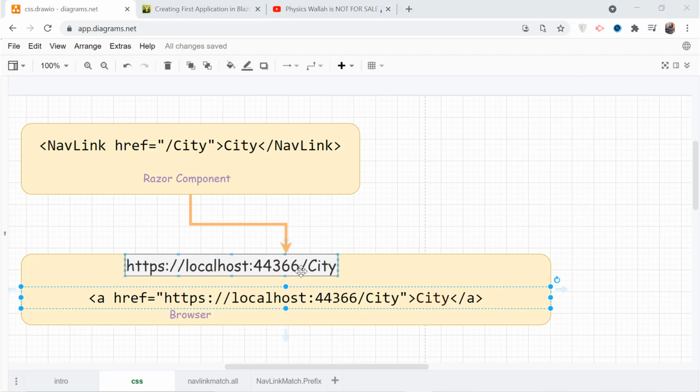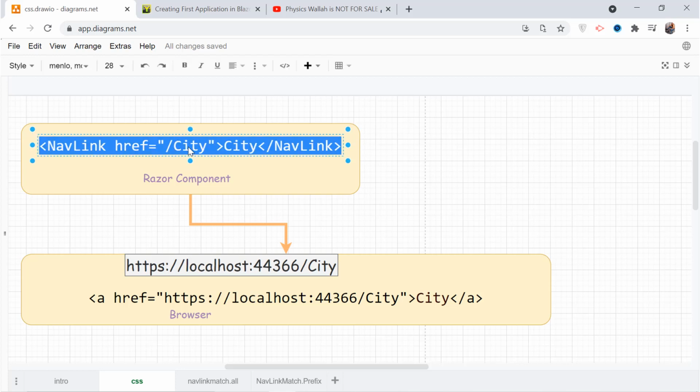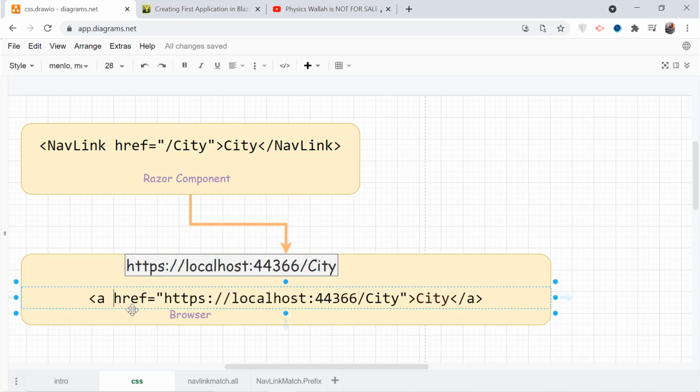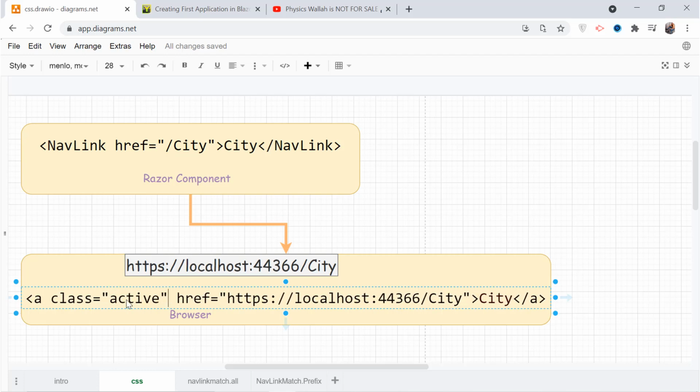The URL is /city, and you also have href given on the NavLink as /city. Then they match, and when they match, this anchor tag will be added with a CSS class of active.